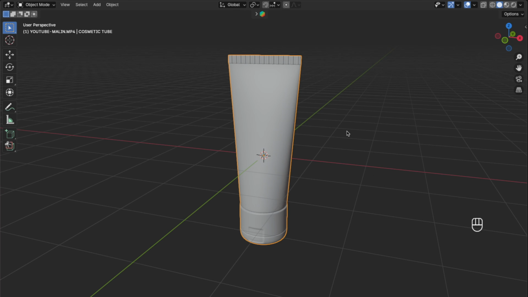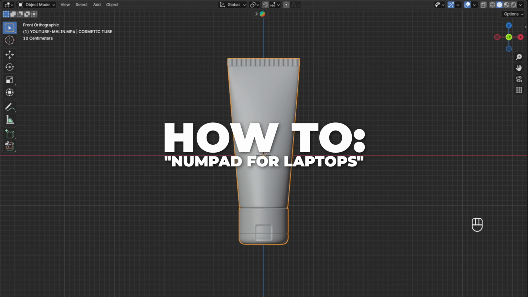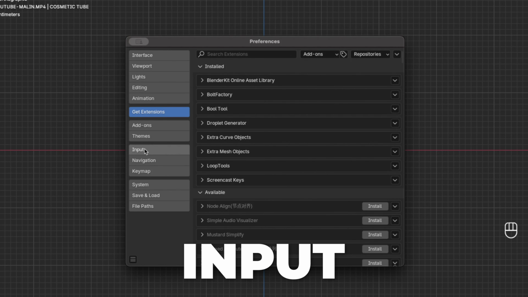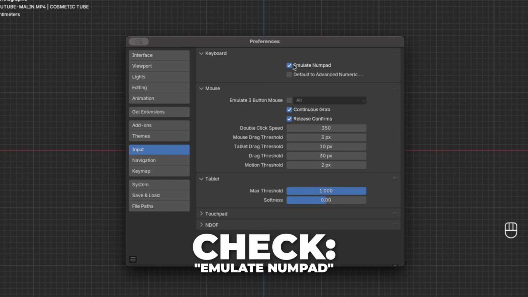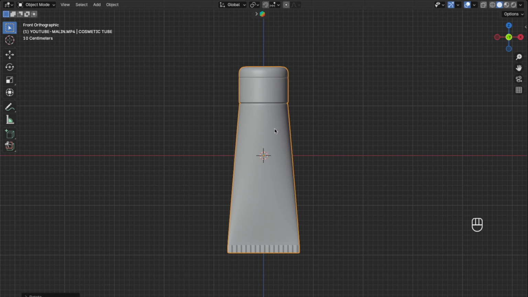First, press 1 on your numpad to go to the front view. And if you don't have any numpad, don't worry. I will now show you how to enable numpad for laptops. Press Command plus the comma key to go to the Blender preferences, then click on Input, and then check Emulate Numpad. And then press R plus X plus 180 to rotate it 180 degrees on the X-axis,